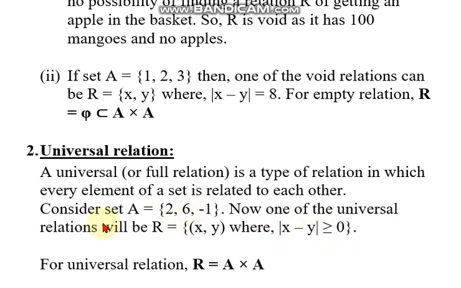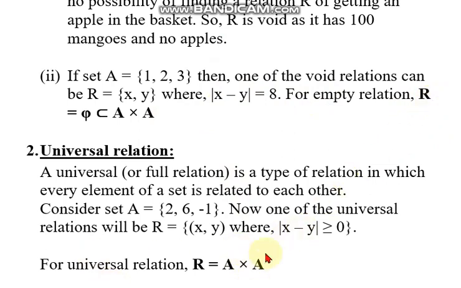So whatever I am considering as A, either all negative numbers or all positive or a combination of negative and positive numbers, every time the modulus of that difference is going to be either 0 or a positive value. So here we can say that R will consist of all the ordered pairs of A cross A. That means R is equal to A cross A. So these are the two extreme relations, either the empty relation, that means R is equal to the null set, or R is equal to A cross A.